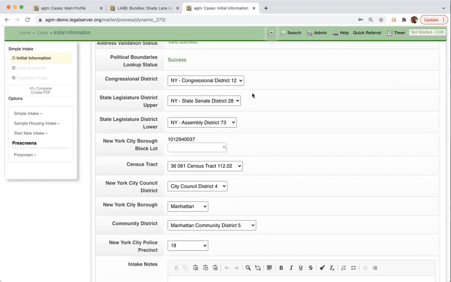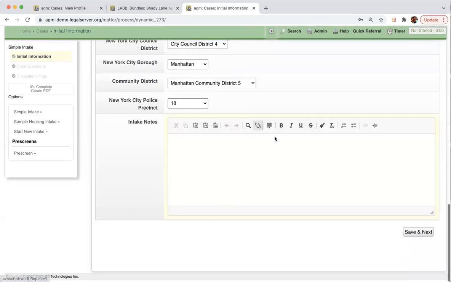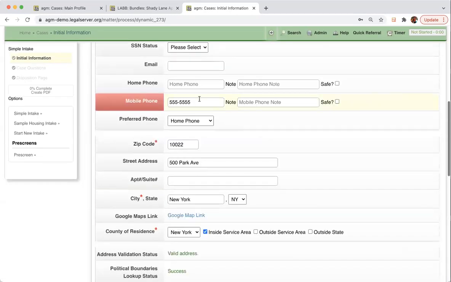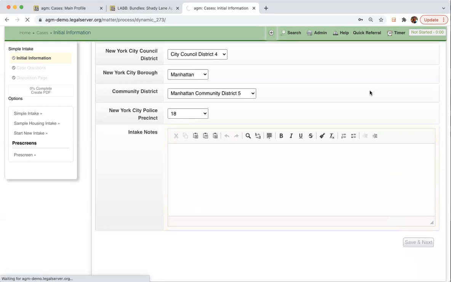All of this is also reportable. So you'd be able to build and run reports, seeing where your cases are when it comes to your districts, boroughs, things like that as well. And we do also have an optional mapping for the reports, so you can display this information in maps as well. So moving on to our next step in this intake. Once I format my phone number correctly there,